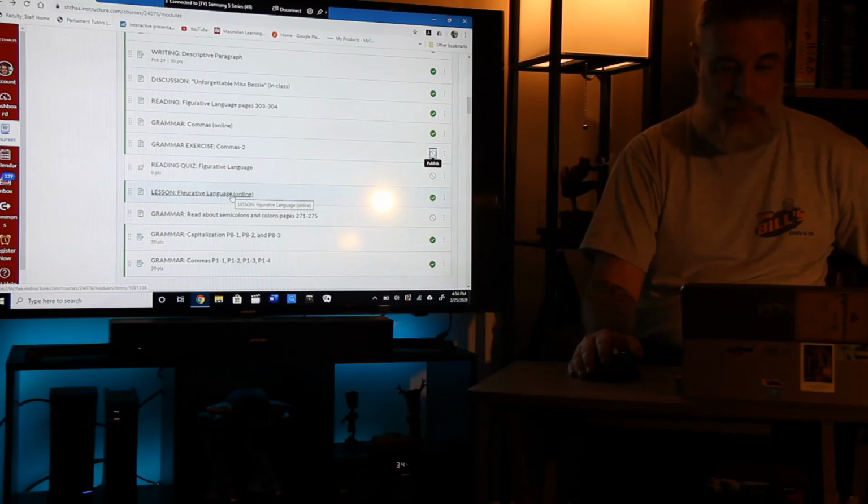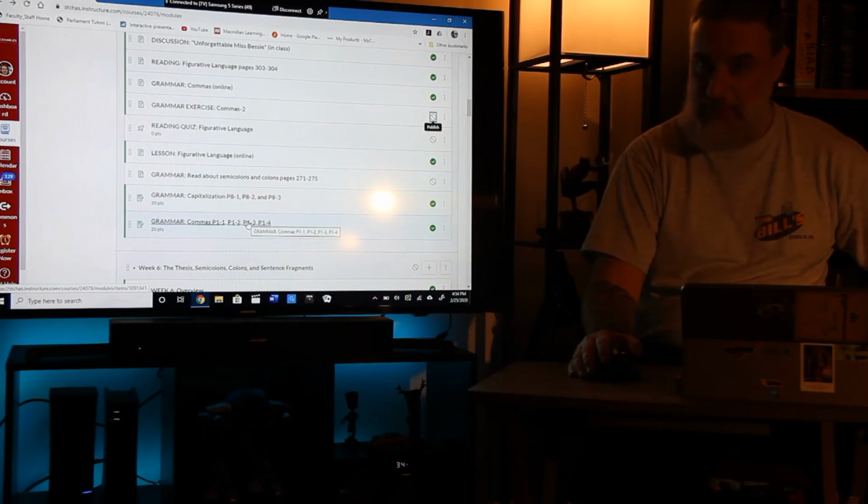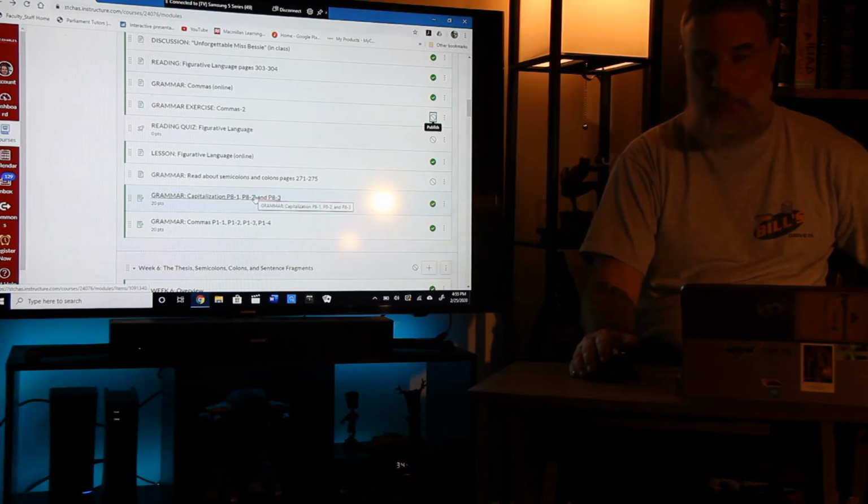Lesson figurative language online, and look for the capitalization and the commas from the book, but if you can't find it, don't worry about it. We'll talk about it in class. Capitalization is for proper names and such, so we're looking at making sure that if you're using a person's name